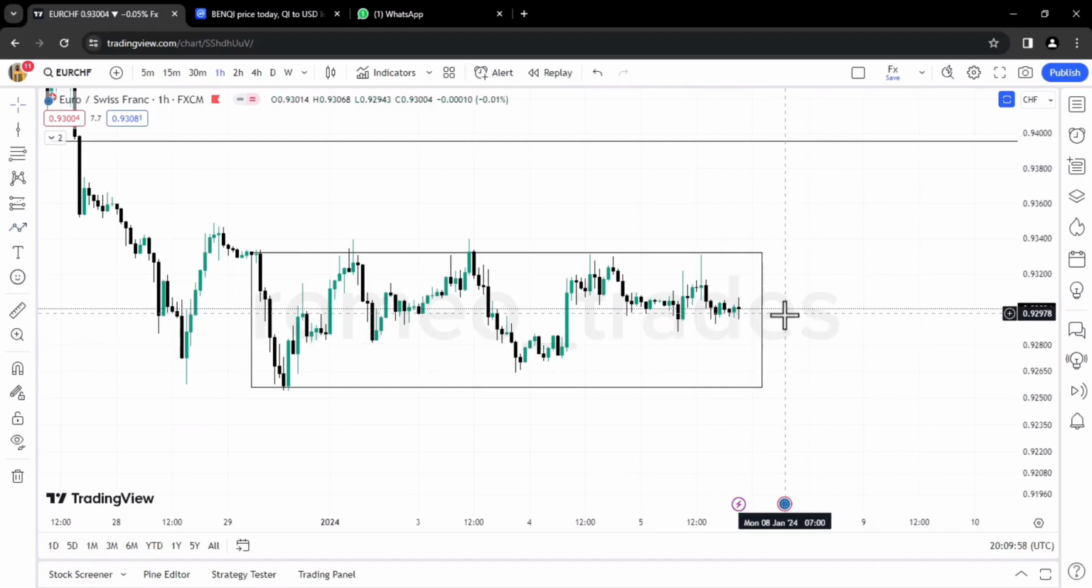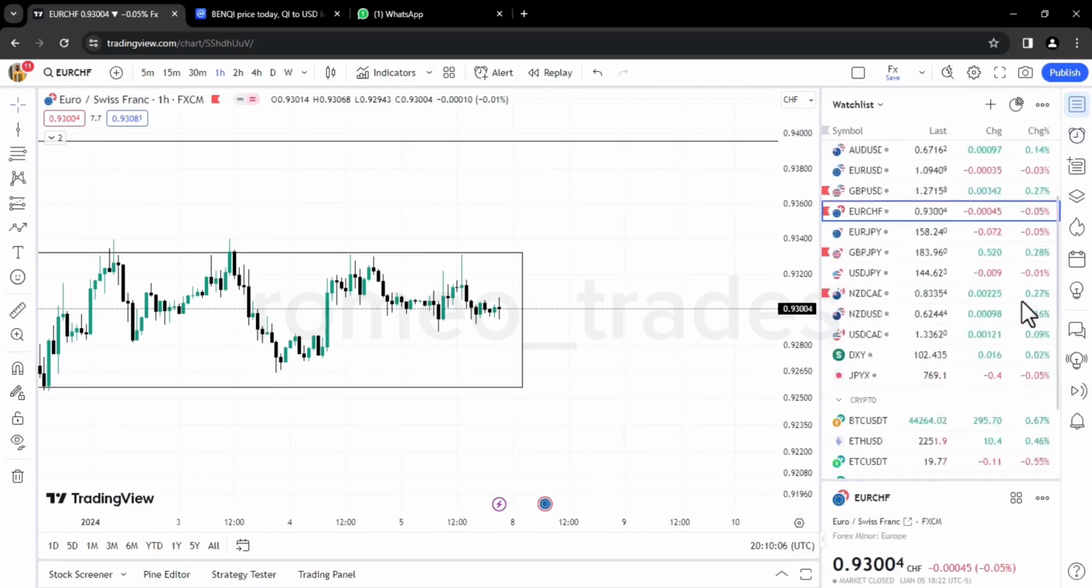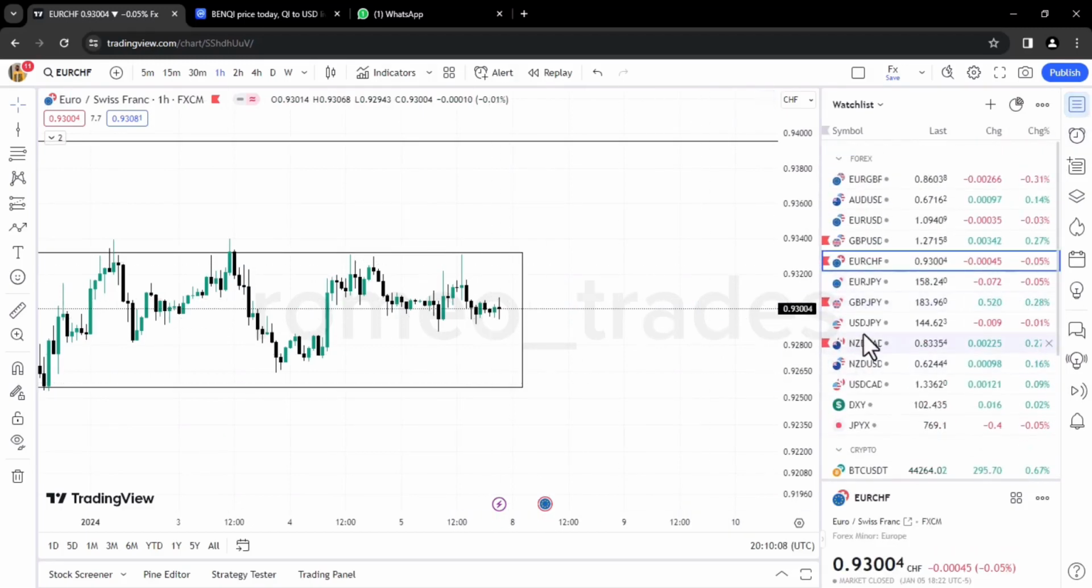Whatever trade you want to take, you have to look out for confirmations before placing that trade. If you don't see confirmations, there's no point taking the trade. All right, so that's it for Euro CHF. Next is